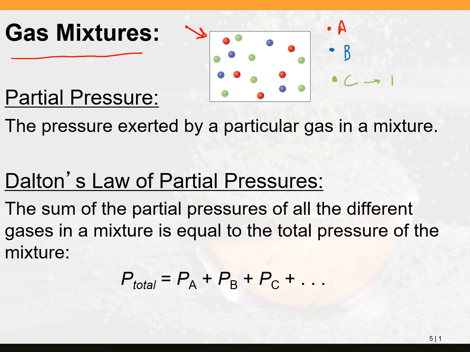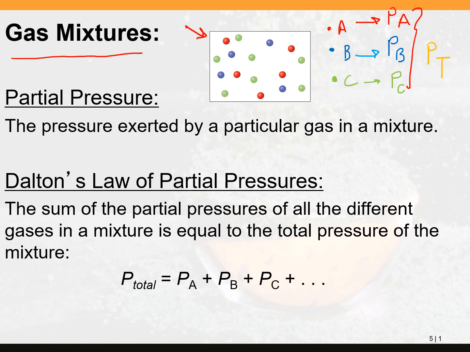So gas C will exert a pressure. We're going to call that partial pressure P sub C. B will exert its own pressure, and it'll be partial pressure of B. And A will also exert its own pressure. We're going to call it partial pressure of A. And the total pressure in the system is the sum of all,